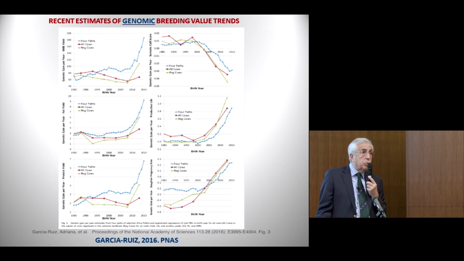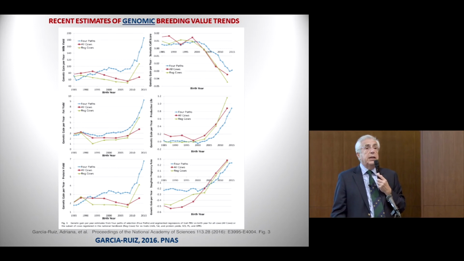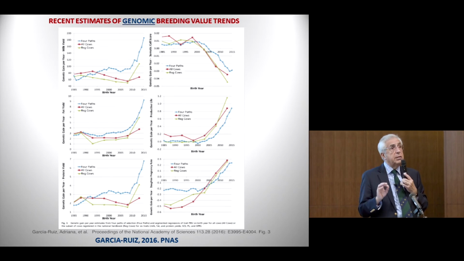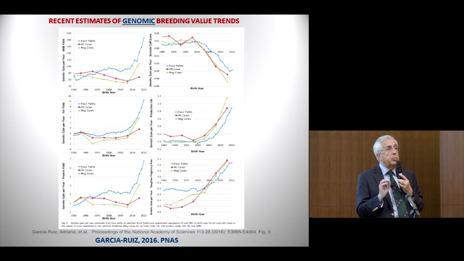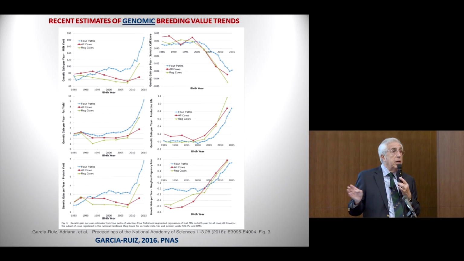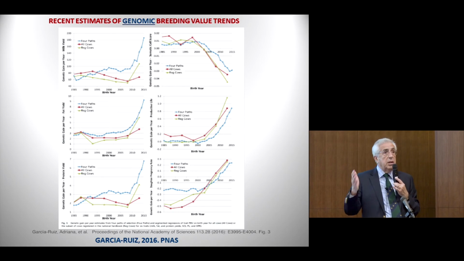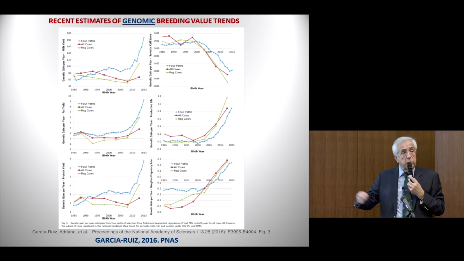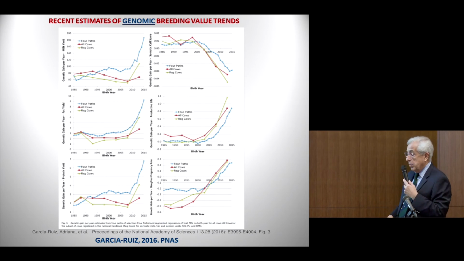And this is due to 2 reasons. One is because the predictions based on markers are a bit more accurate than pedigree-based prediction, but also because you can get estimates of the breeding value of animals much earlier in life, so you can make selection decisions and choose your replacement bulls, for example, much earlier than before. Under standard progeny testing, the generation interval was about 6 years, and now the generation interval is a little bit less than 2 years in cattle. So we are turning generations much more rapidly.